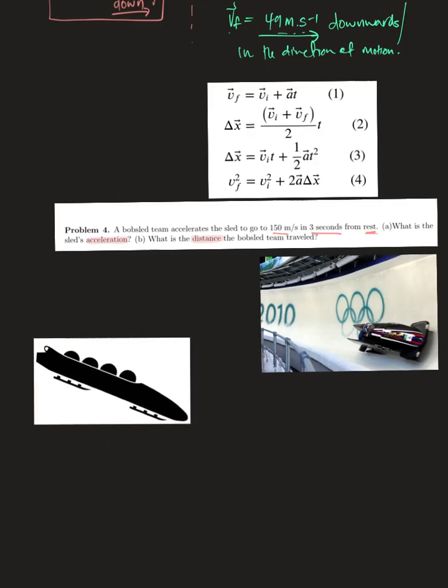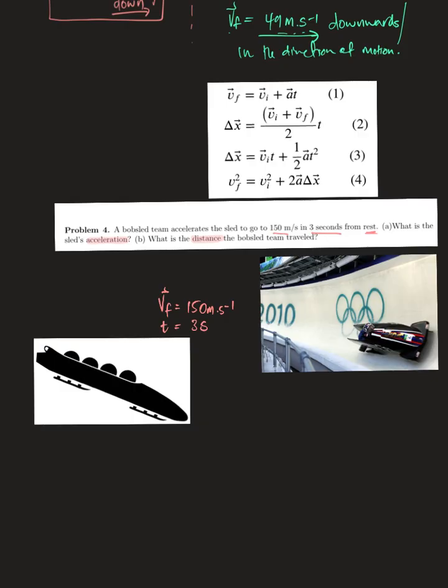And let's look at what they're saying. They're saying about our bobsled team is that it goes to 150 meters per second, right? Which means its final velocity is equal to 150 meters per second. It's very, very fast, like very fast, right? Because this surface is almost frictionless, so it is possible. And the time it takes them is 3 seconds. Let's fasten the car. From rest, which means the V initial value